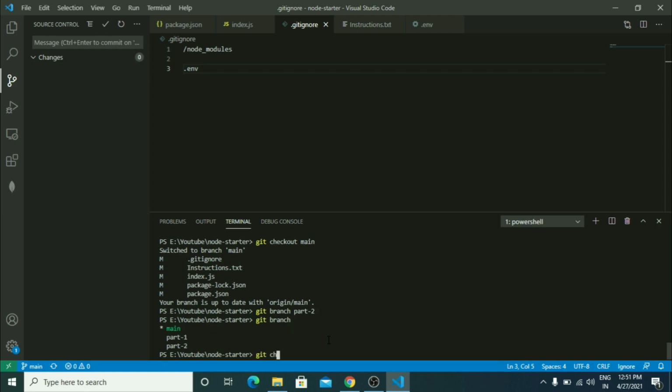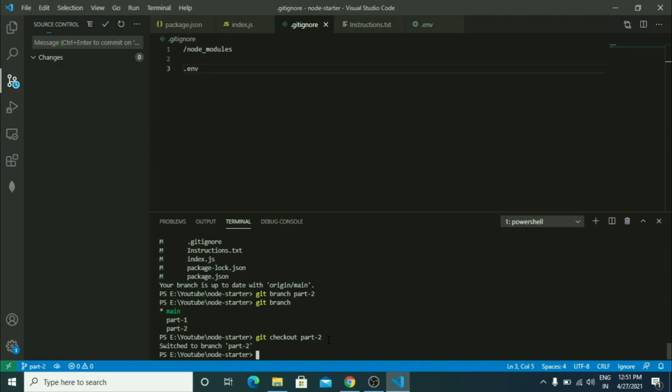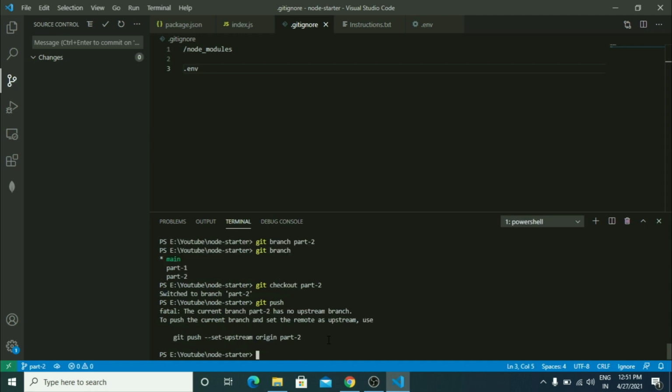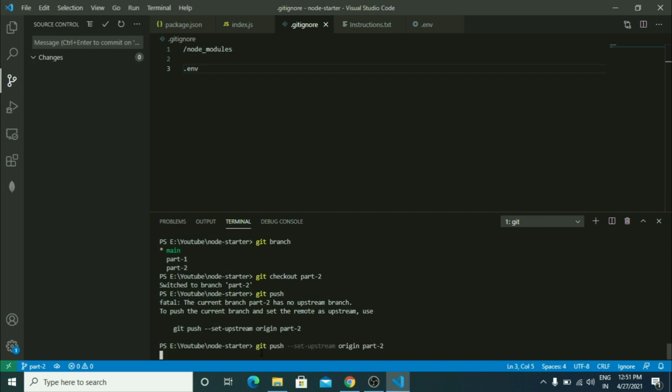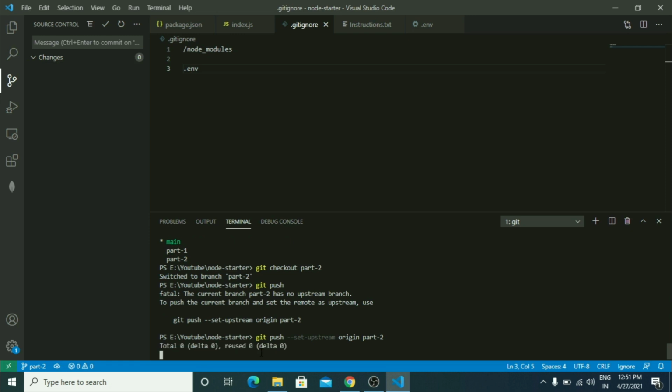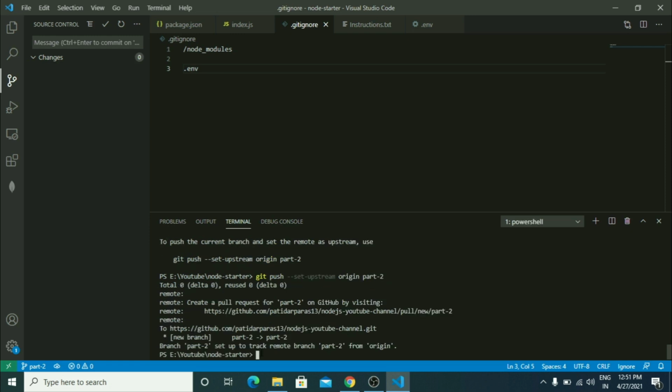Then git checkout part 2 and git push. Before pushing it, just set the upstream. Yeah, the code is pushed on GitHub.